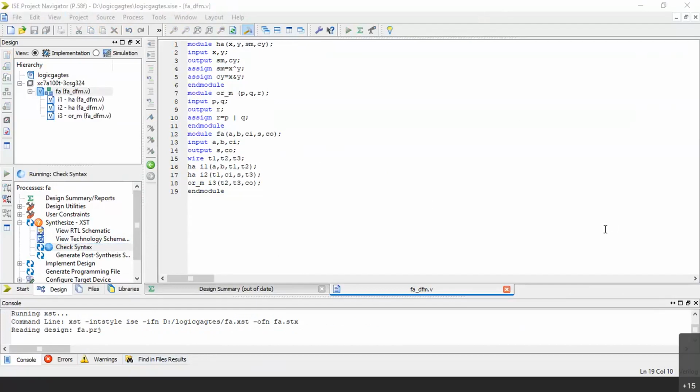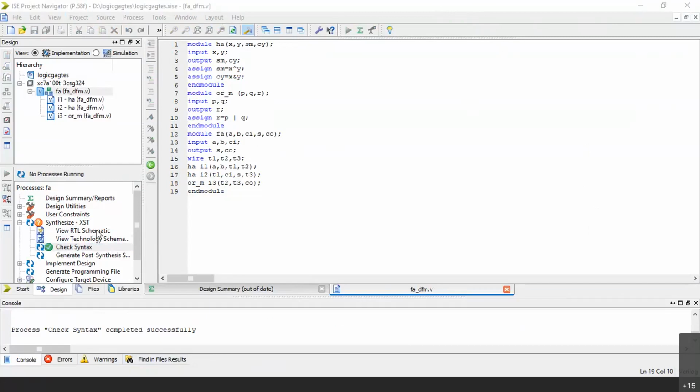Screen is not visible, is it so? Is my screen not visible? What about others? Because I have not stopped sharing it. I am sharing the same ISE navigator. What about others? Okay, it is visible. Then Sagar, you better log out and log in again, or you go through the recording anyhow. I am recording this session. Okay, now it is visible. Okay, fine.